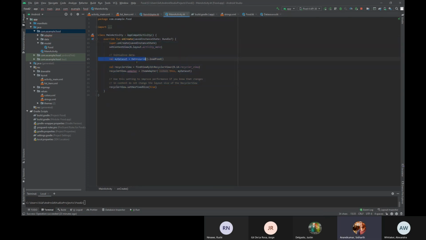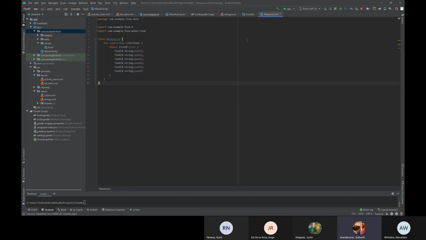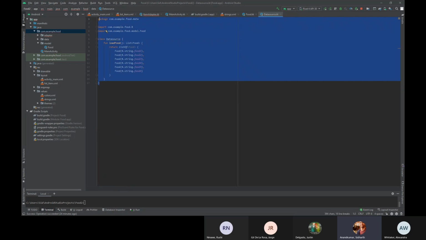And here it's saying my data set, data source, load food. Now we created a data source here, right? And we created a function called load food. And on that note, let me actually also include this in our reference doc